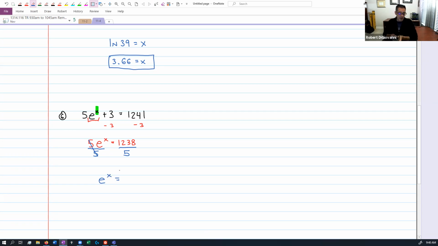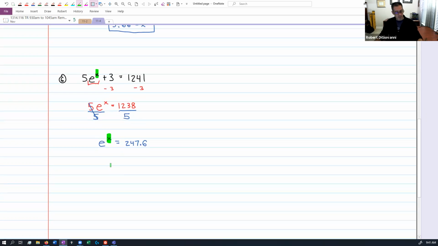And then I've got to get on my calculator and do 1238 divided by 5. And I get 247.6. Now I'm trying to solve for X, but X is up in an exponent. The only way to solve for X when it's up in an exponent is to convert this to a log. So I'm going to now try this again. I'm going to do log